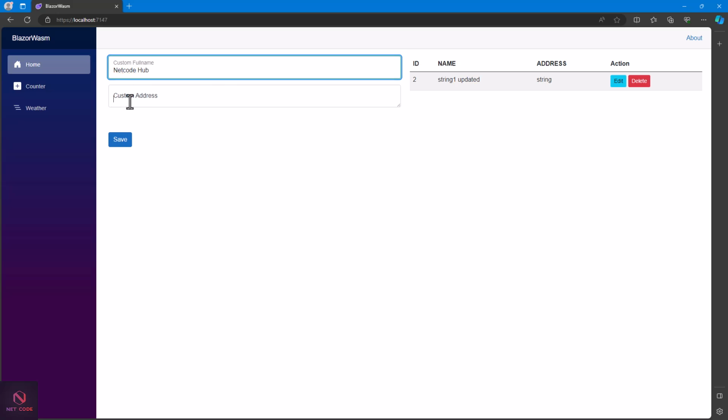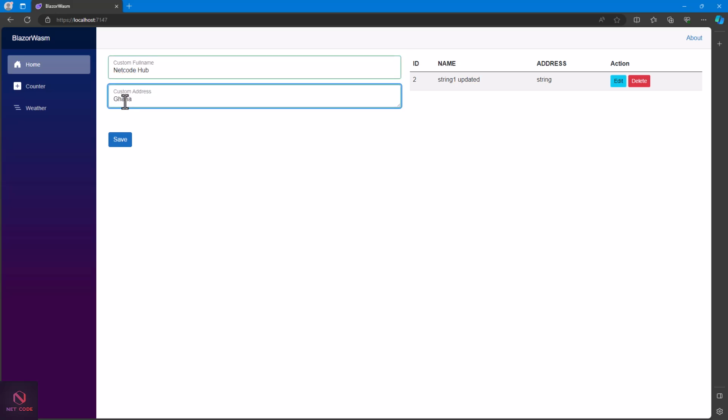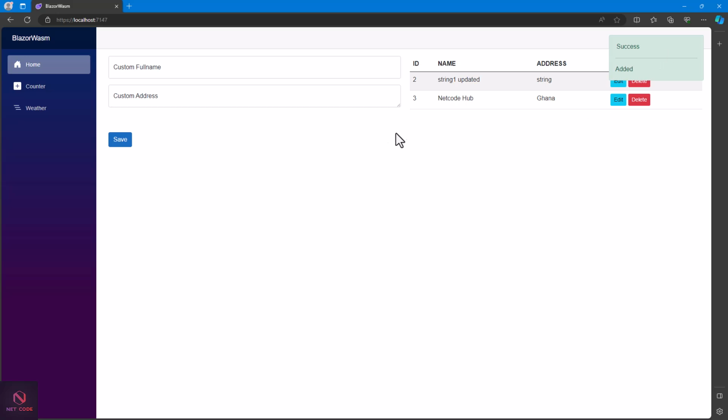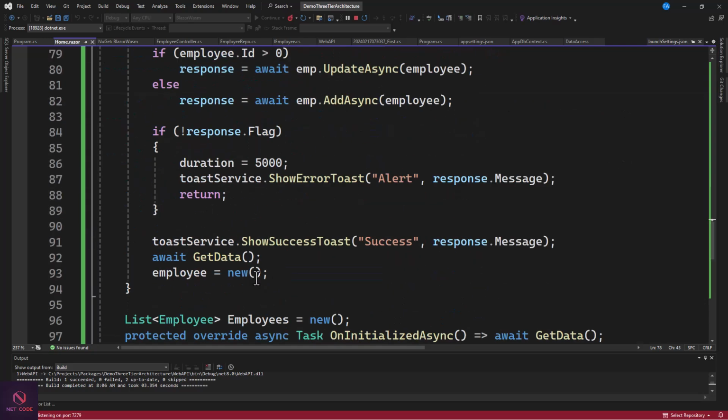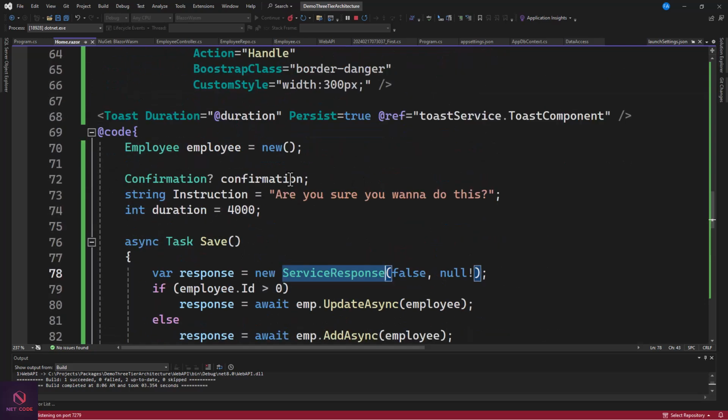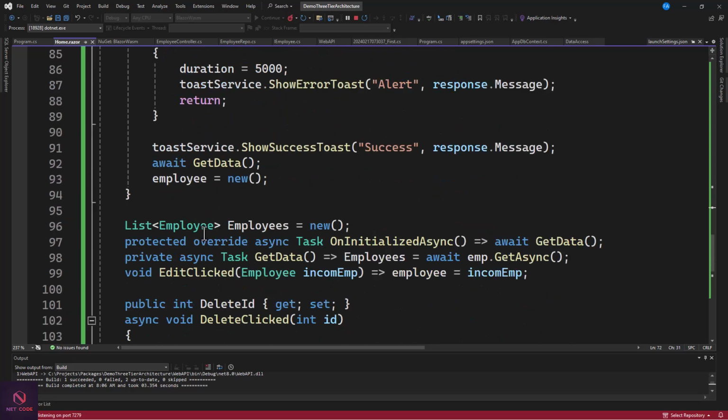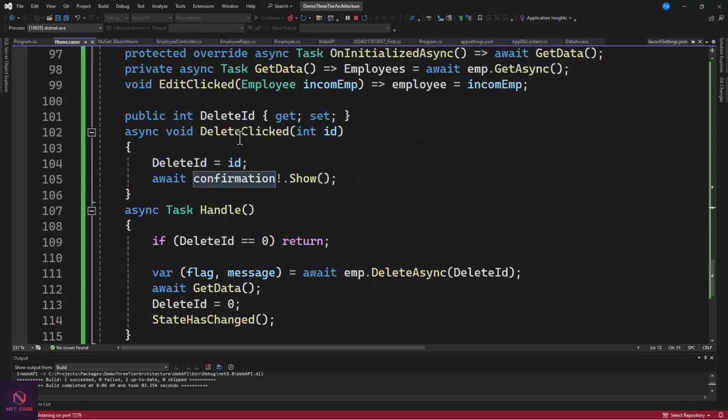We can also add a new one. So let's add address in here, and now let's check it out. So save, and that has been added. We can also delete this. So delete. Let's see. So delete here, we are not having it. If I click on delete, see what happens. Okay, so the confirmation dialog does not pop up. Let's find out the reason why it is not popping up. So we go to the home page, and we have our confirmation, and now if I click on delete,